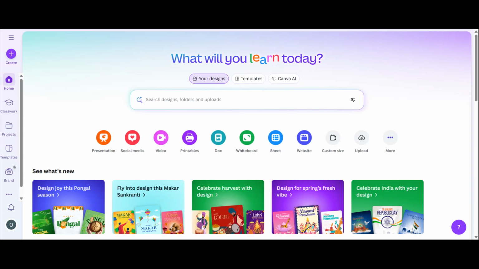In today's video, I'm going to show you exactly how to remove animation in Canva step by step. If you're working on a presentation, social media post, video, or design and you've added an animation by mistake, or you simply want a clean and static design, this tutorial is for you. This method works for text, elements, and designs that already have animations applied, and you don't need any advanced Canva